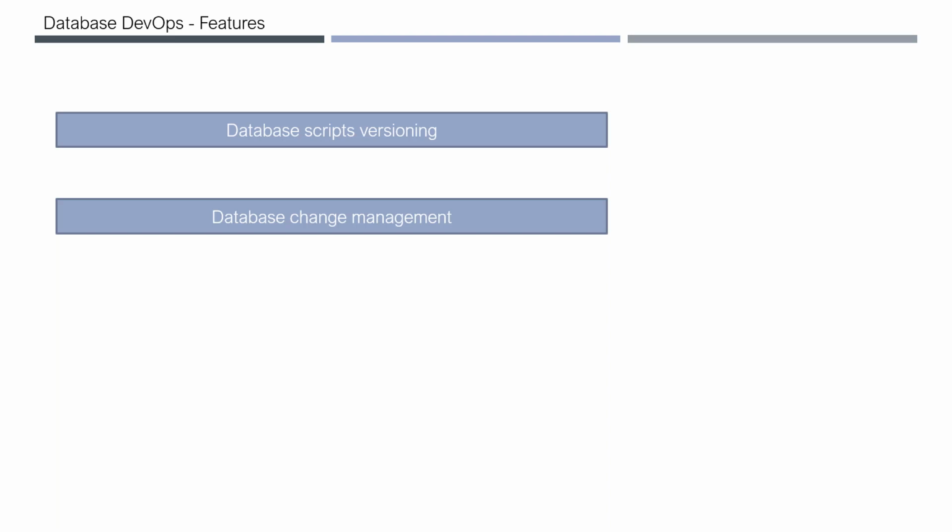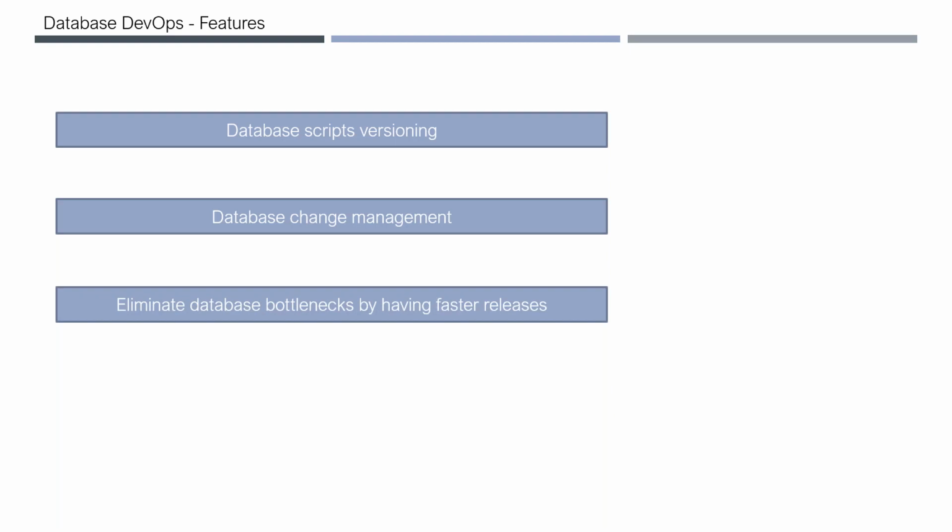And then database change management. That means how you approve your database changes. You create some database objects. Let us say in Sprint One, you created 5 tables and 10 stored procedures, and once you're done with the development, you need to move it to the QA environment. How do you do the change management? That means who will approve those changes? That change management process is nothing but our release management.